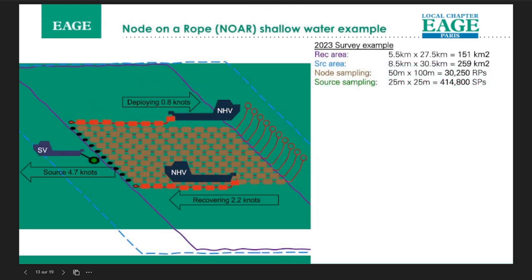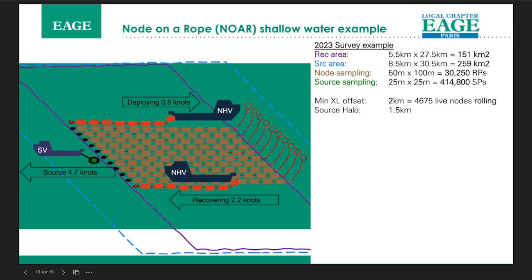So here's a node on a rope example of an ocean bottom node survey we acquired last year. The receiver area and the node sampling, so it's dense, right? So dense sampling, dense on the receiver, dense on the node. And that requires two vessels, these node handling vessels on the left in blue, one continuously deploying and one continuously retrieving. We need that distance between the two vessels to be about 2 kilometers for our imaging. And that's, again, we could do with more, but you can't afford it. So that's about 5,000 nodes being actively